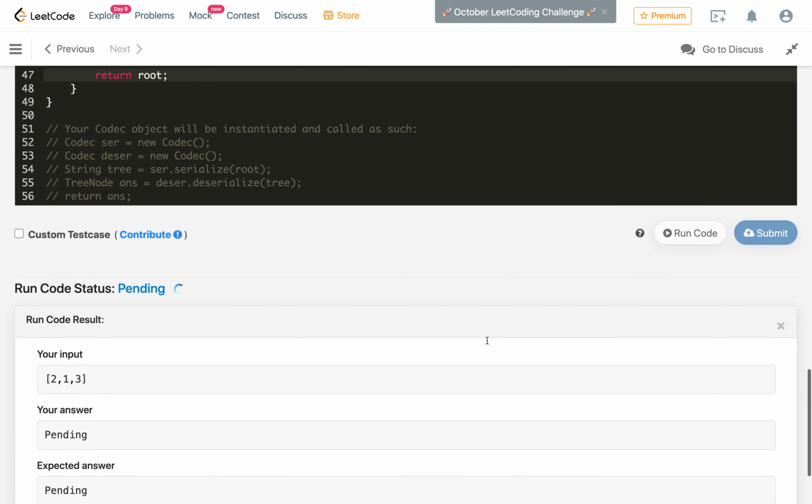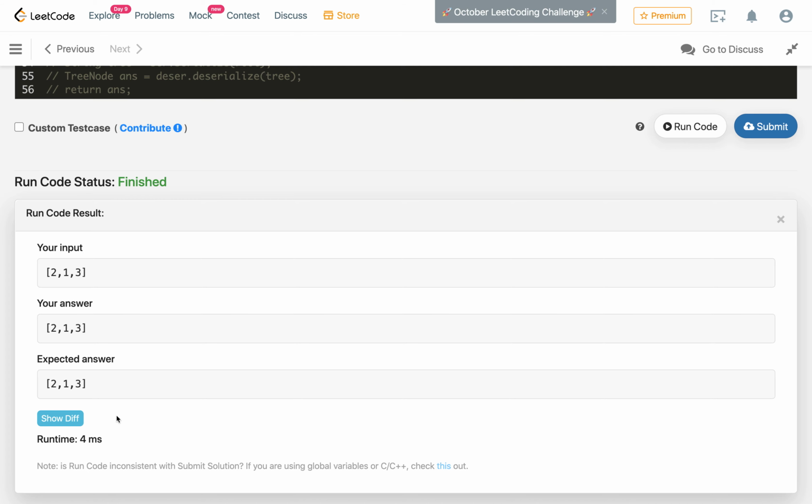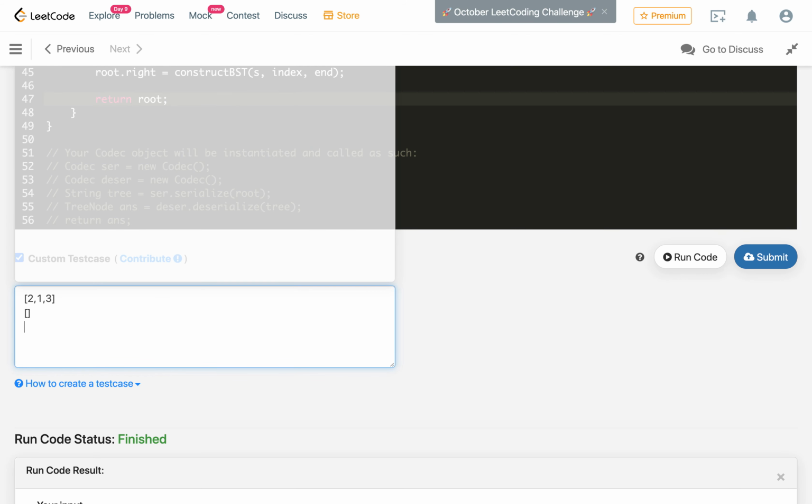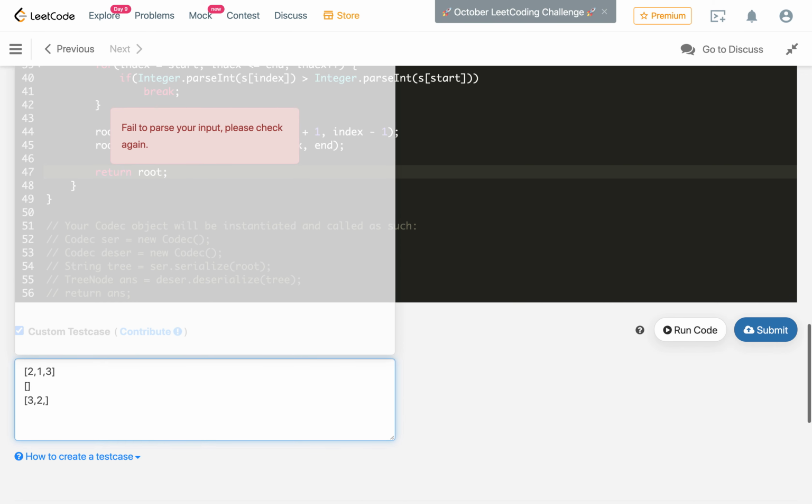So let's compile the code and see if it is compiling and working. It is compiling and working. Let's test some other test cases. Let's say there is no node, and there is a tree with, let's say, 3 and then 2, and then 4, this is still a BST, and then 1.